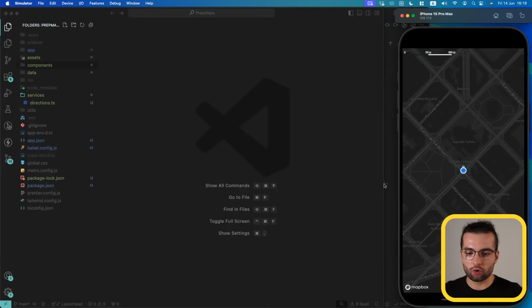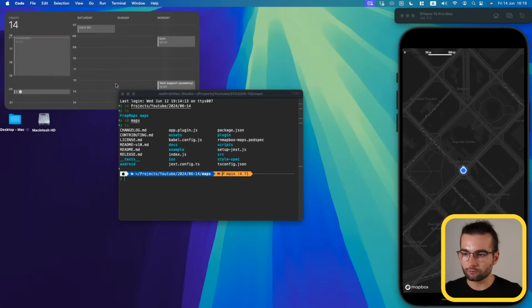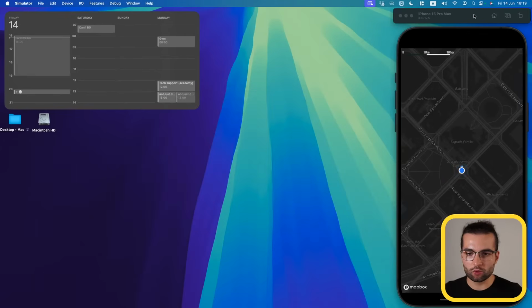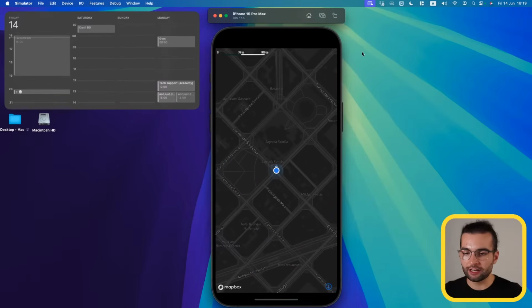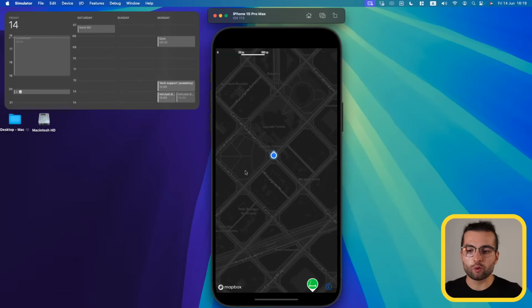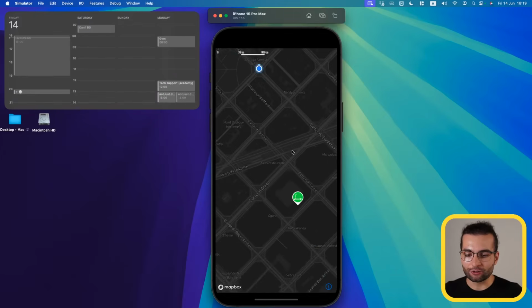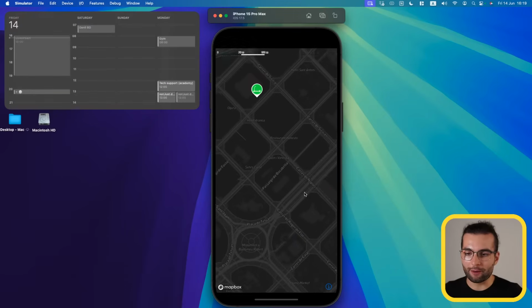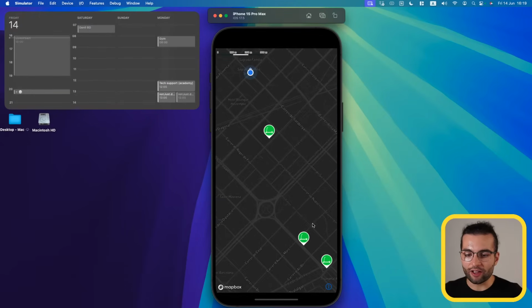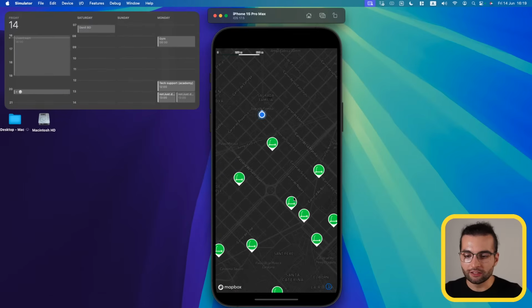But here is a quick demo of what we're gonna build today. Let me do it this way. Let me put it here. And here we have a map with some custom styles displayed in dark mode. It shows our location here. And then it also shows different scooters on the map. We can go ahead and zoom out,